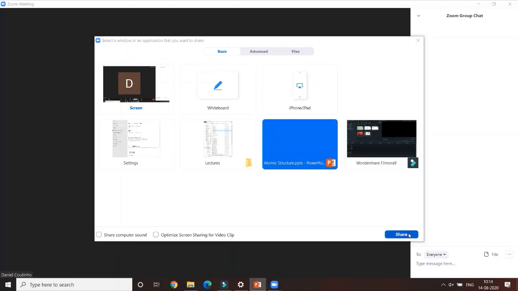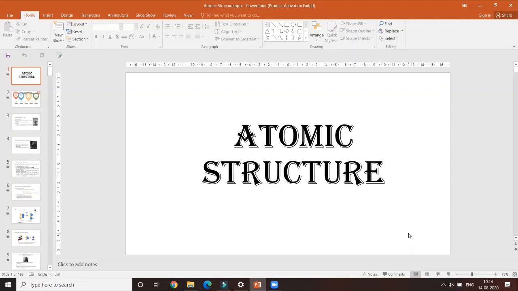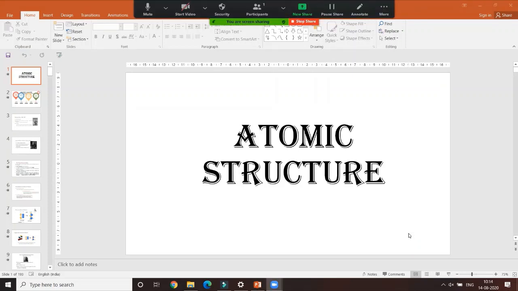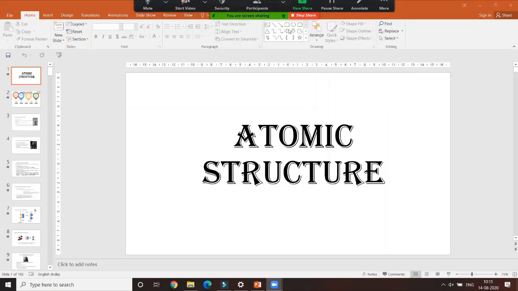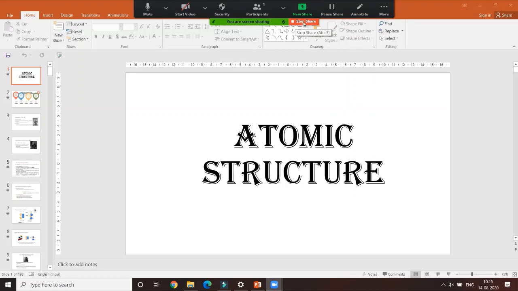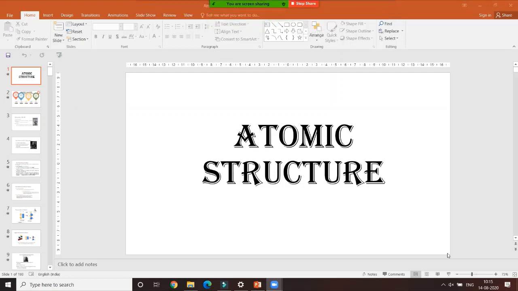Once you do that, whatever video was on will close and your presentation will open. You see at the top, these are different app icons which are there in the Zoom meeting that will remain, and it also gives you the option here to stop sharing. If I want to stop sharing, I can go ahead and stop sharing. If I want to continue, I have my PowerPoint open now. I can click on this and share, start the PowerPoint presentation.